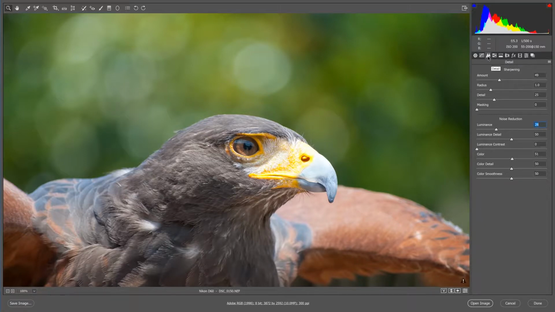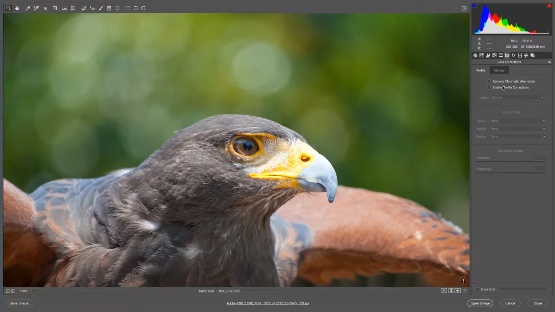So that's another way to sharpen your image. Yet another way is to go to your lens